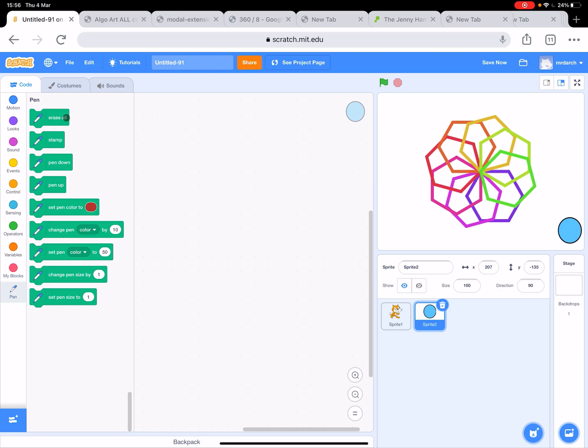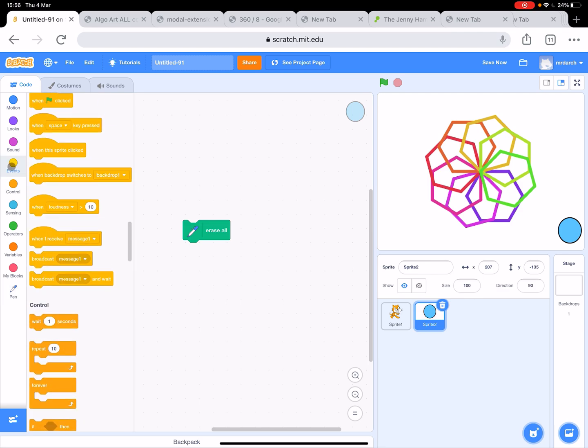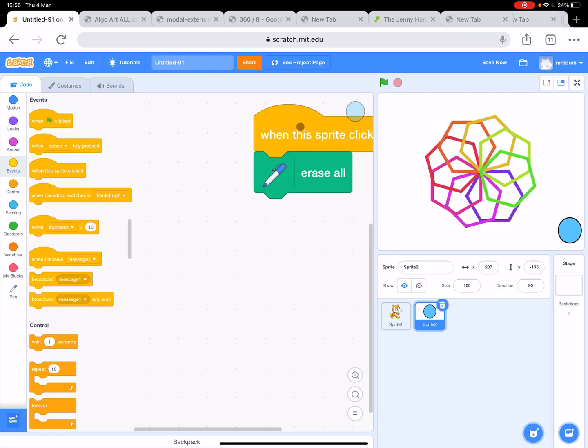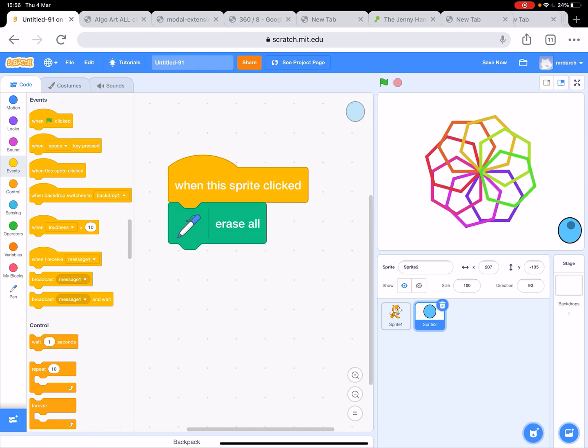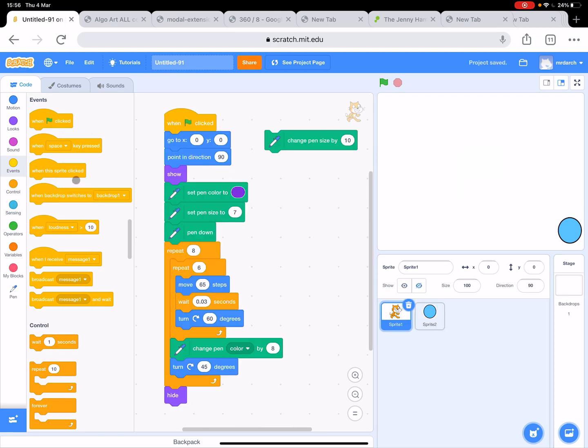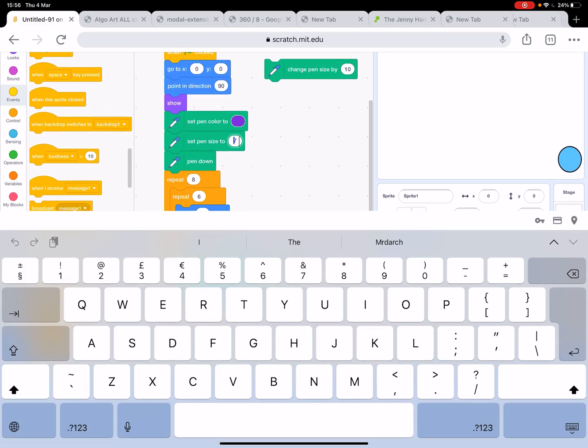So this one is erase all. And we're going to use from events when this sprite clicked. So we've kind of created a user interface button here that will erase everything on our page. We've split that off. So let's get rid of it from here, because we're going to have a go at making multi-layered